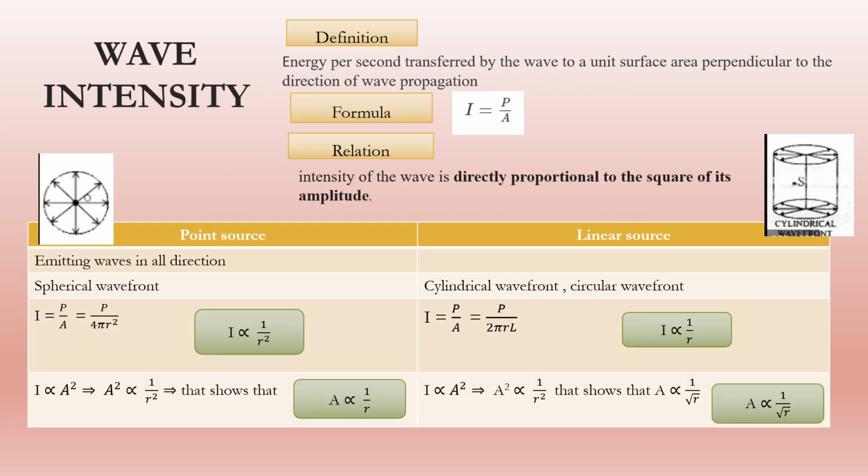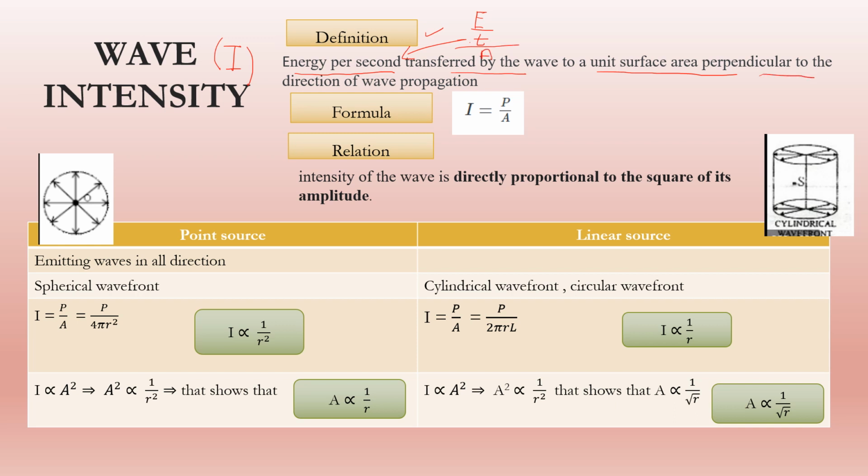Now, wave intensity. The first thing is the definition. The symbol is a capital I, so I can symbolise wave intensity with a capital I. The definition is energy per second, which means E over T, transferred by the wave to a unit surface area, that means over A,